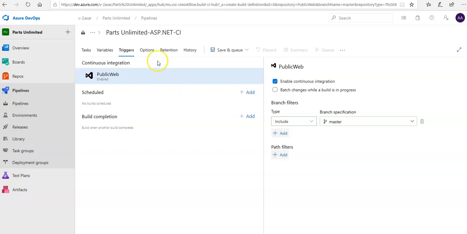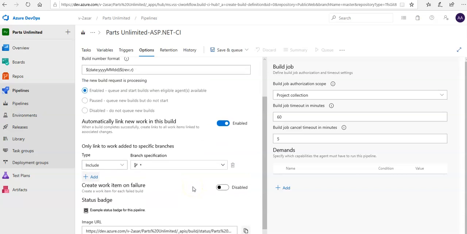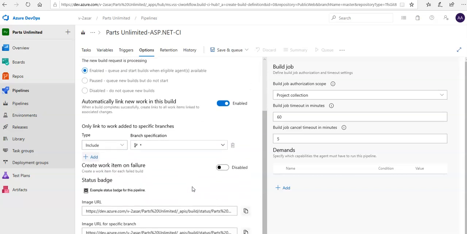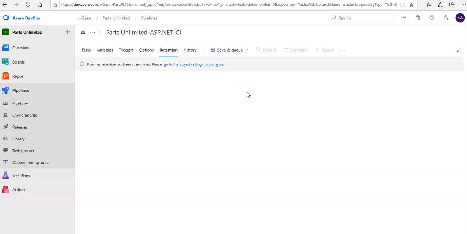And now if you would see the options tab here, this section includes a wide variety of options related to the build workflow. Note that you'll generally configure options for specific build tasks on the configuration view of the tasks themselves. Right, so you want to have the status badge, the build is completed. Now if you will go to the retention,